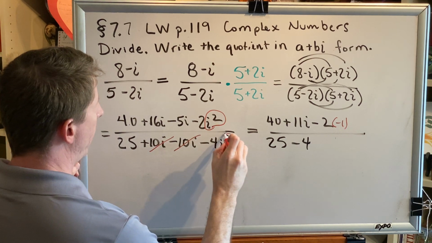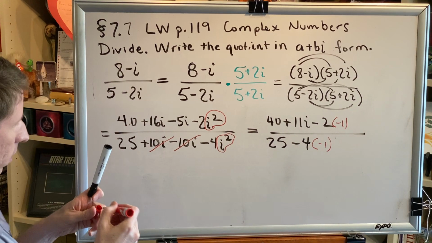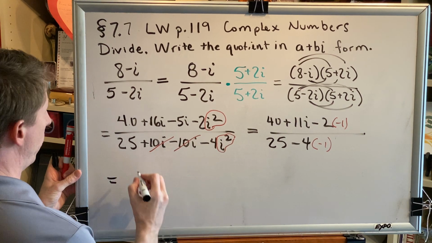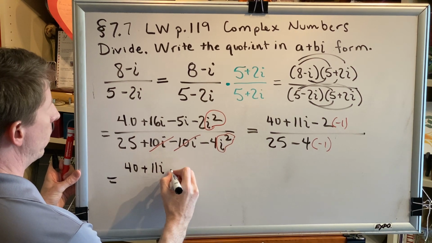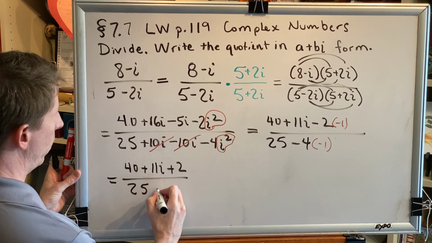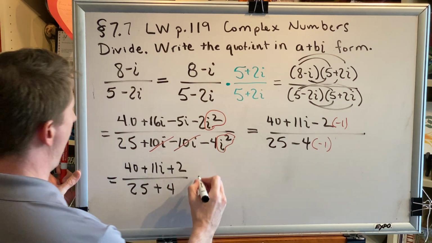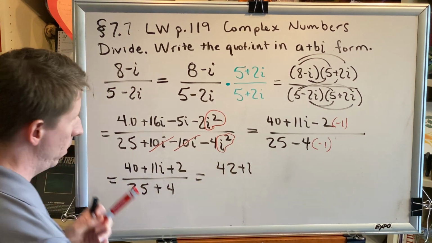But again, i squared is the number negative 1, so we'll write 4 times negative 1. All right, so then we have 40 plus 11i plus 2 over 25 plus 4. Notice we're subtracting a negative, so that's why it turns into adding. 42 plus 11i